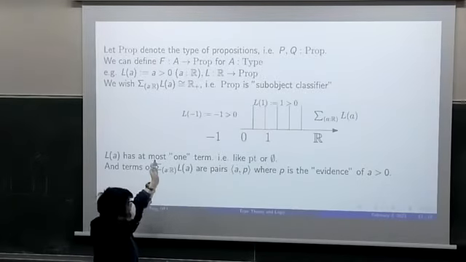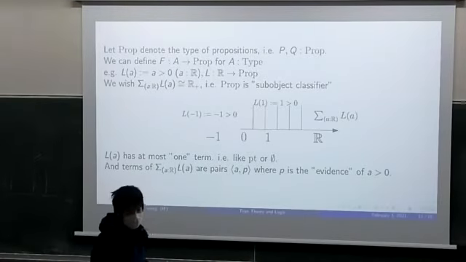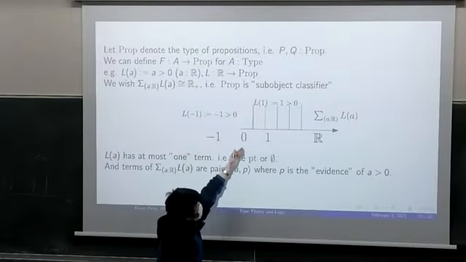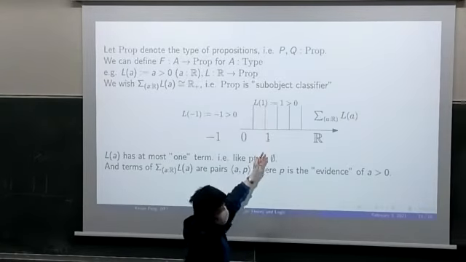So we want every fiber of the array to contain at most one element. Whether it's empty, meaning this proposition is false, or there is some element, but only one element,